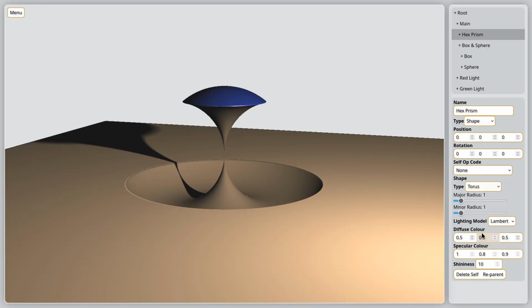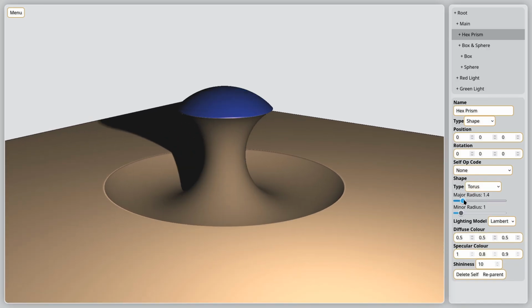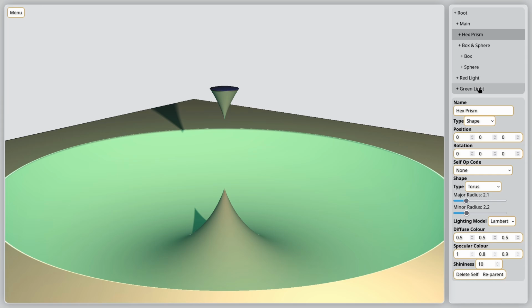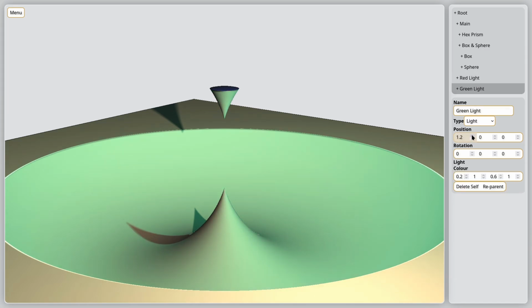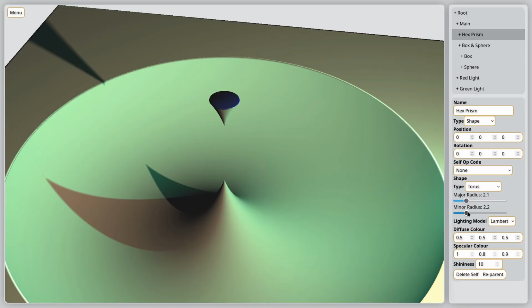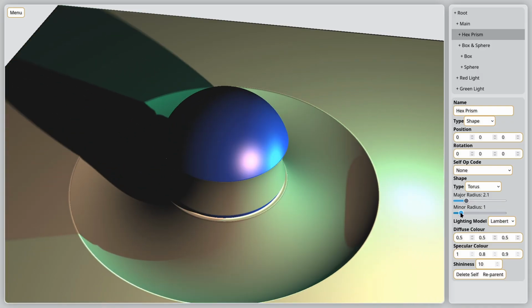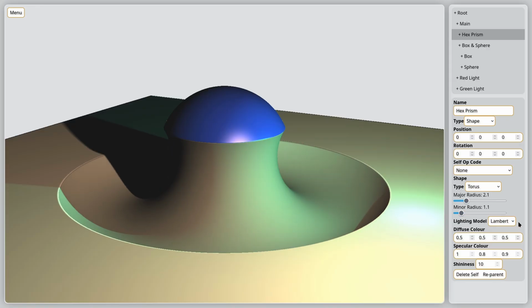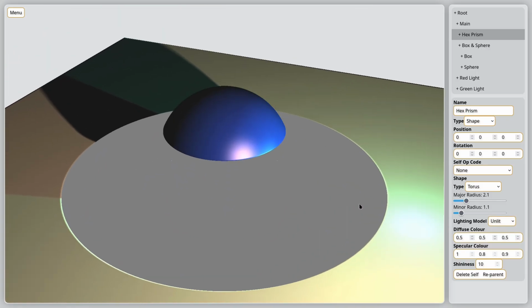For this, you can do a nice big torus cutout. It's going green and brown because the green light is actually at position 0. If I move that over, I kind of need a good way to visualize exactly where the green light is. But if I move it over to the side, we get the shadow over here. We can then make some of this a bit smaller, and you can probably see the green light over here somewhere. I've got a few different lighting models for some of these things,